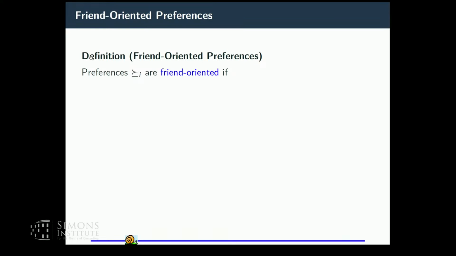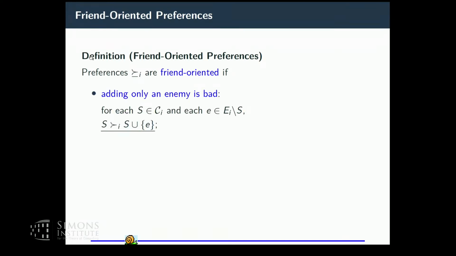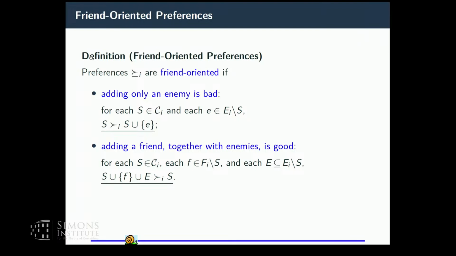Now, the point is that we will use this to define a fairly big domain of preferences called friend-oriented. So preferences are friend-oriented if adding only an enemy is bad. There's somebody in my group and who comes in, I don't like them. The group just became worse. My coalition just became worse. And of course, I also will assume that adding a friend is good, but here we are doing a bit more. It's a bit like putting more emphasis on the friends. You're talking about research in the working group. Some brilliant, creative guy, for me, is much more important than these people who sit around and don't do much. So basically, we are applying some lexicographic tie-breaking here in favor of friends.